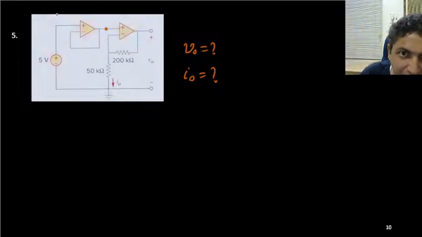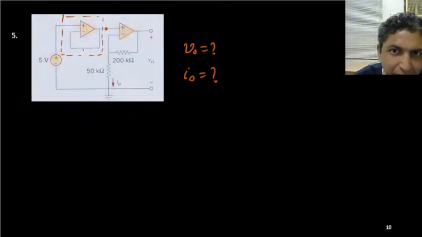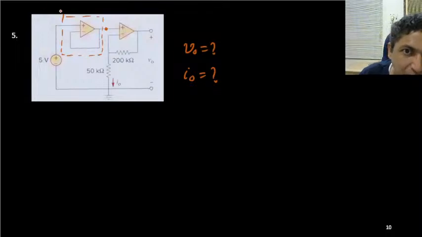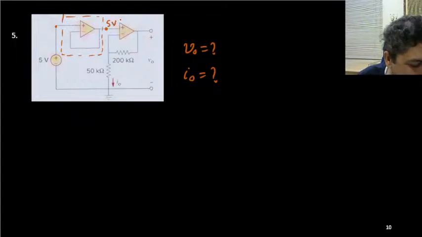Identify this block: it is simply a buffer circuit. So whatever potential is there, it's 5 volt with respect to ground. So this is also 5 volt. It's very simple, because this 5 volt